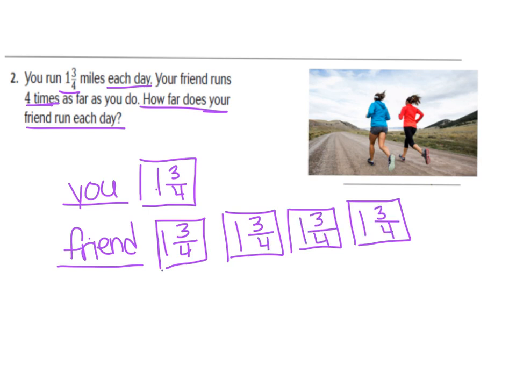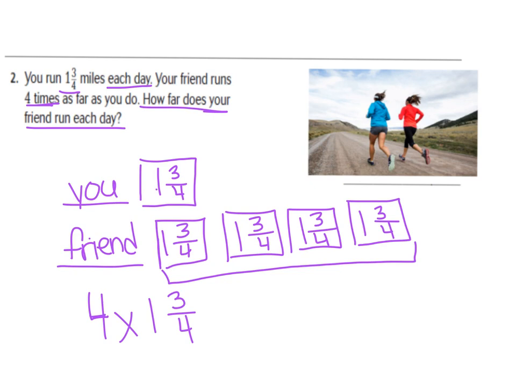Now what we're trying to find is this amount, the friend distance of how far they ran. So we know that we have 1 3/4 4 times. So our problem is 4 times 1